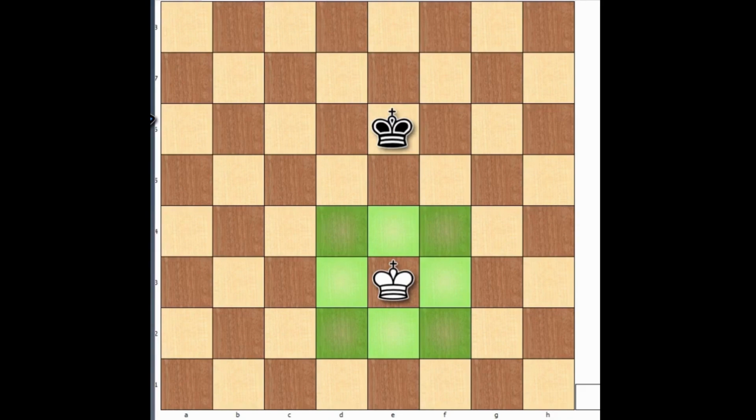The king can move in all directions, but he is the slowest piece on the board. He can only move one square per turn. Remember, in the last lesson I taught you how the pawn moves and how it captures? And the pawn, from its starting square, can jump up to 2 squares in one move. The king cannot. The king can only move one single square in any direction per turn,